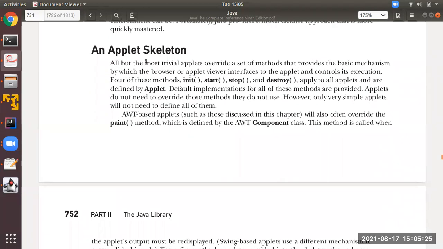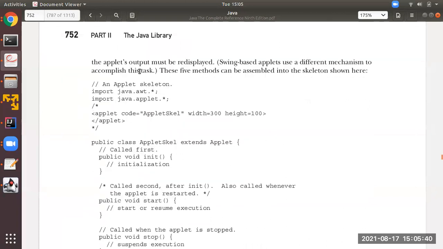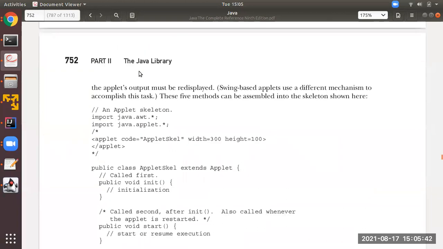The next, see students, an applet skeleton. There are some methods which will by default be available to the applet program.